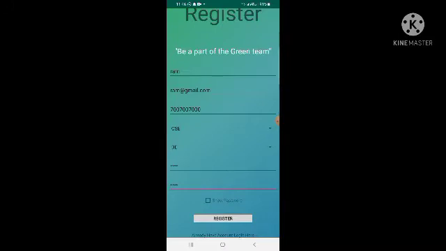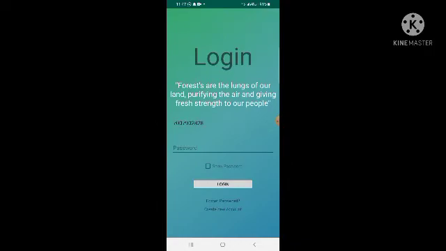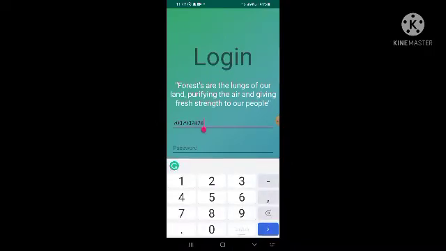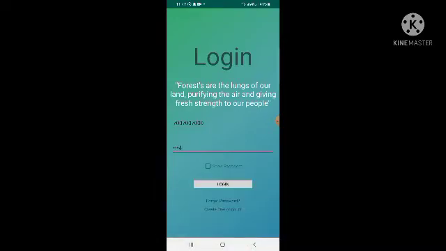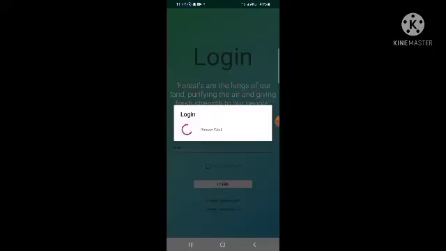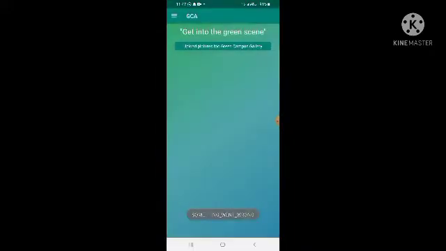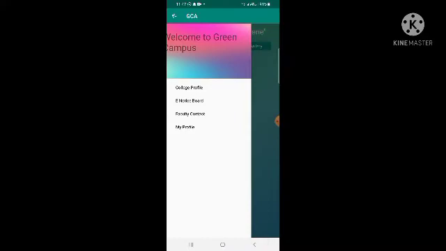Now we see here, already have an account, login here. If we click here, then we will go directly to the login page. Now the login. We have created the ID, so now we will proceed to login. Here the user also checks the password and logs in. This is our app where the user is successfully logged in.